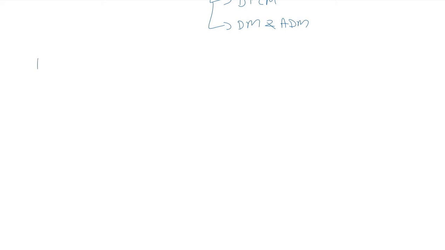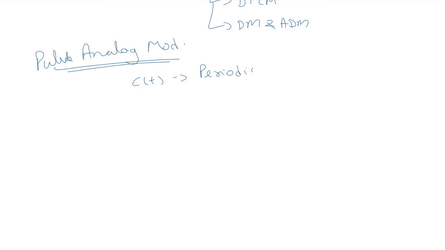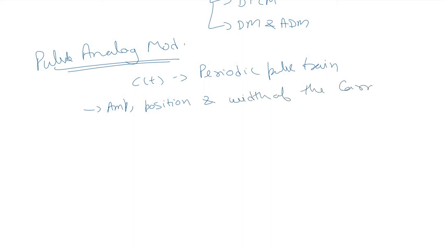If we talk about pulse analog modulation, the carrier signal is a periodic pulse train, and we say that the amplitude, position and width of the carrier pulse train is varied in accordance with the samples of